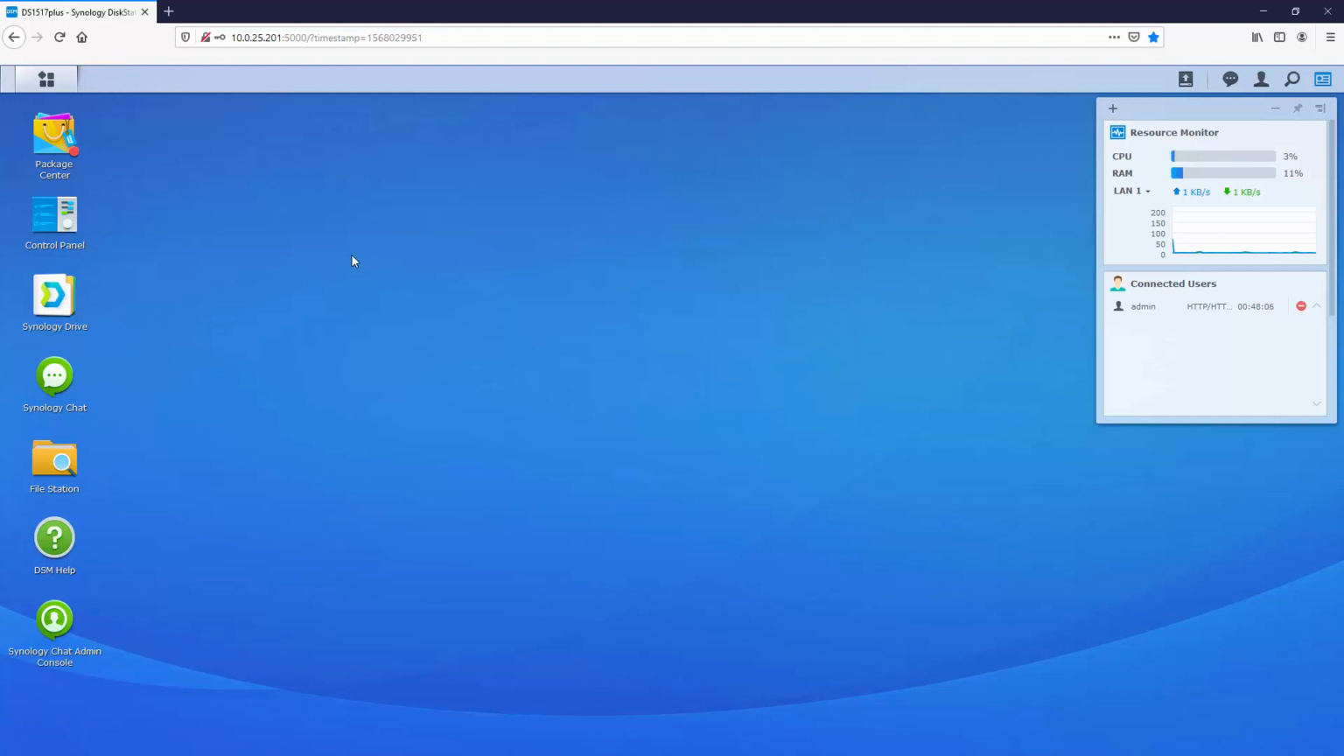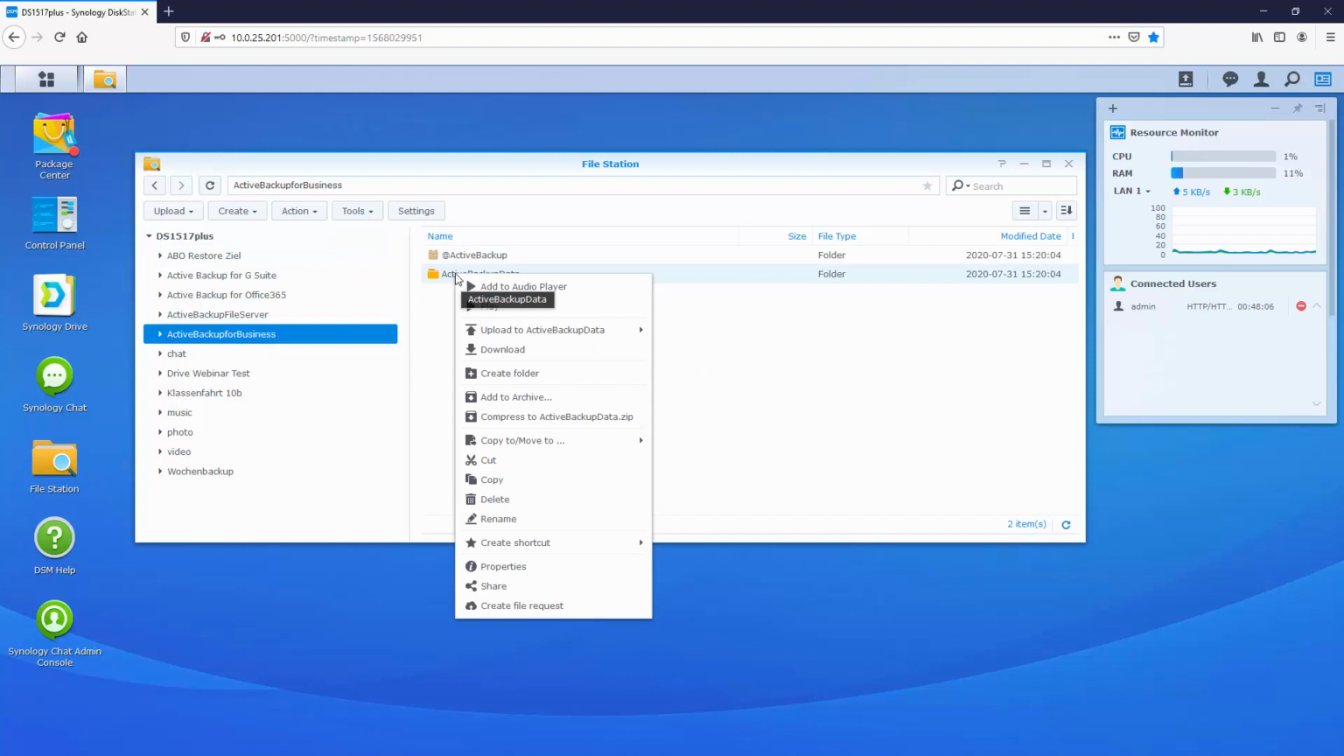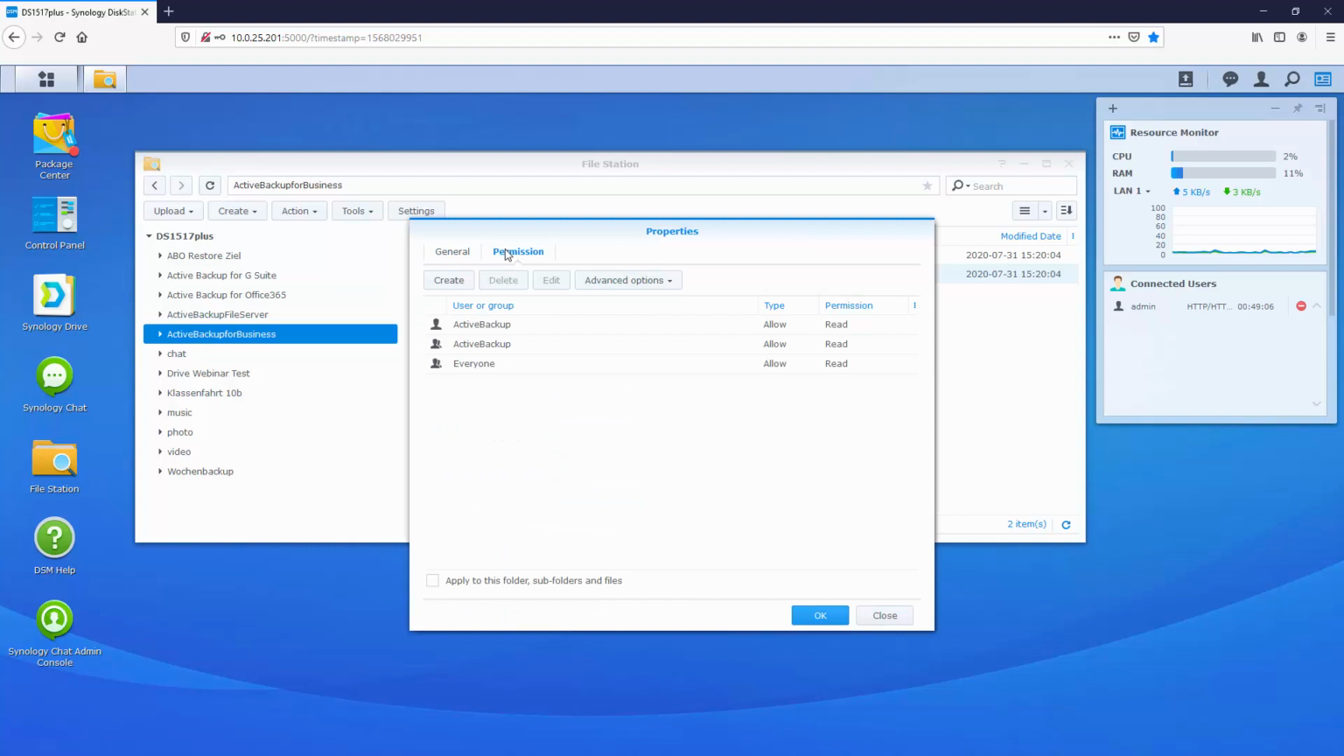In case we want to set additional permissions of users or groups for subfolders, we can do this very fine-grained within the File Station. For example, if the user or group can generally work with the main folder but must not have access to certain subfolders, we proceed as follows. We open File Station, select the shared folder, right-click on a subfolder, select Properties, then Permission. Here we can now select the user or a group,